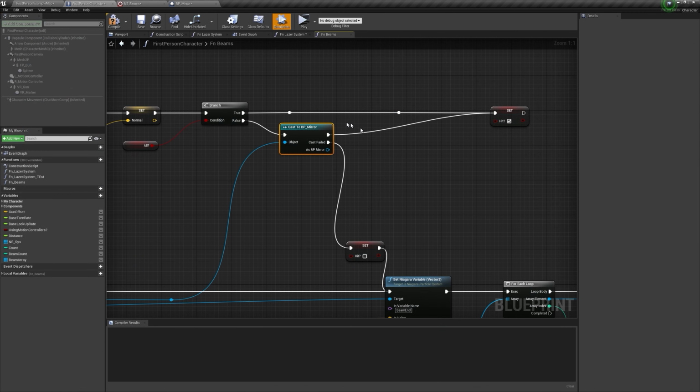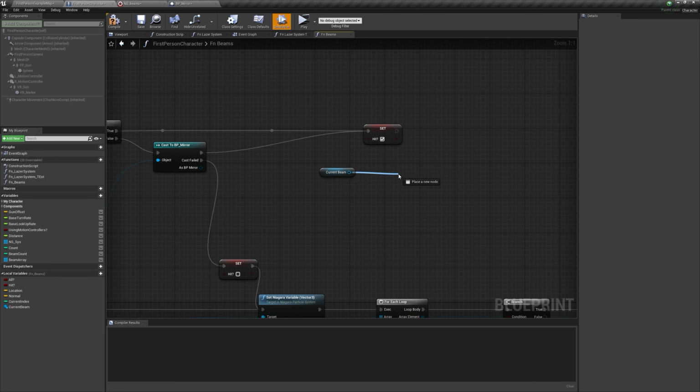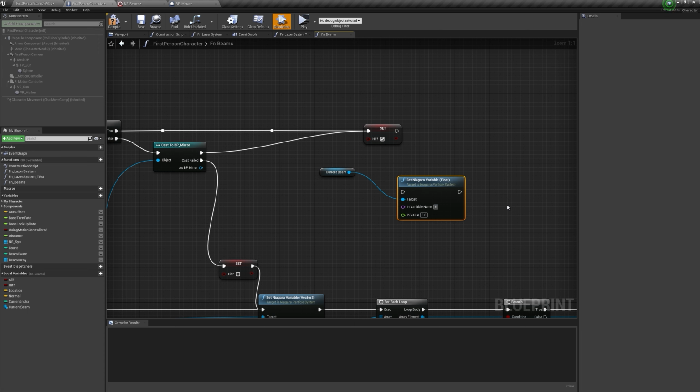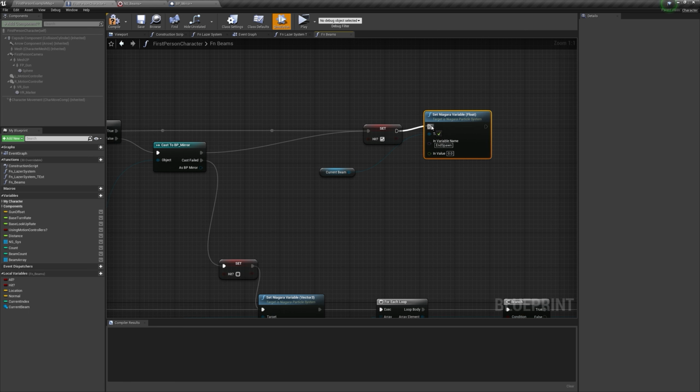And here after the mirror is hit, we will just drag in the current beam, and here we can drag and type in set Niagara float, and the name is end spawn. And we can set this to 0. So now if I press play,